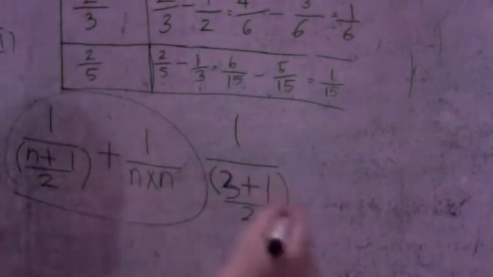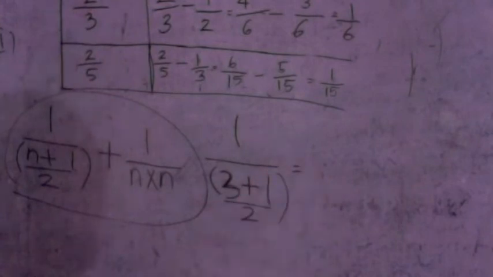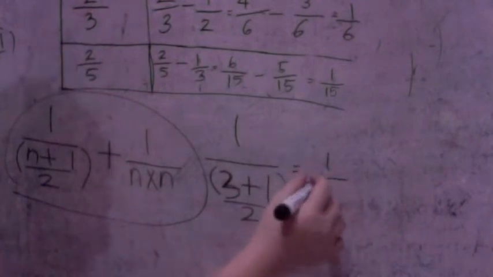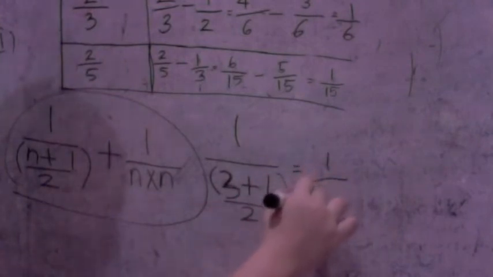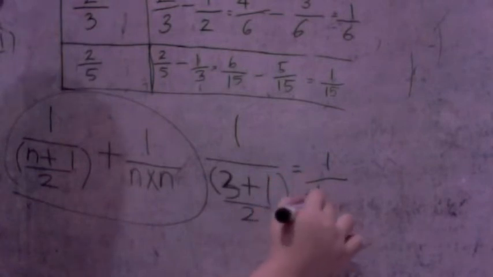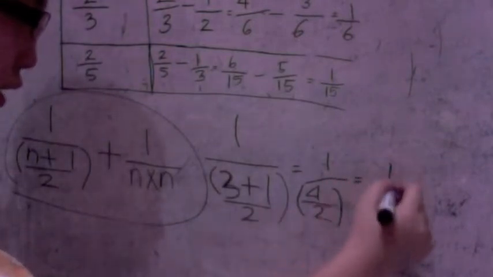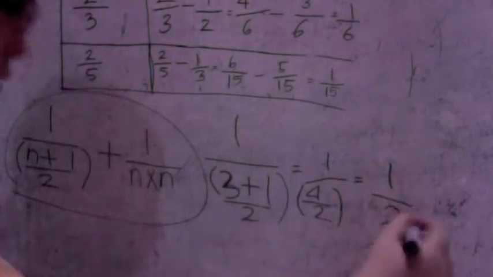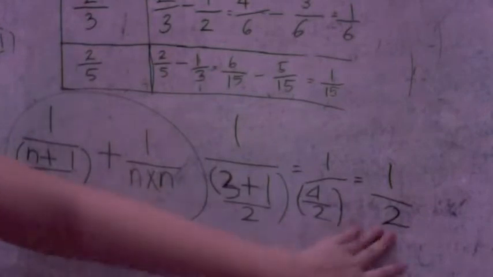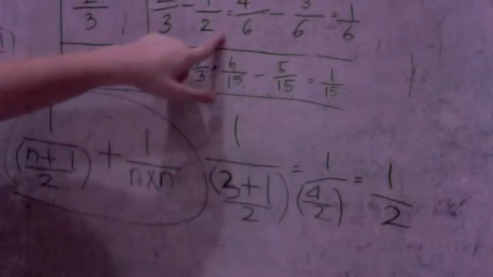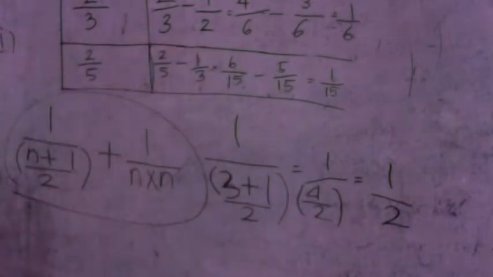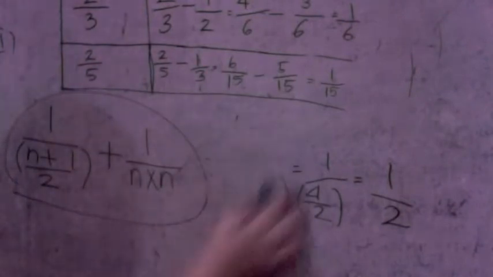So I'm going to work this out first. So 1, that means that I have a half. Well, this half here is the largest unit fraction, and the other pattern is